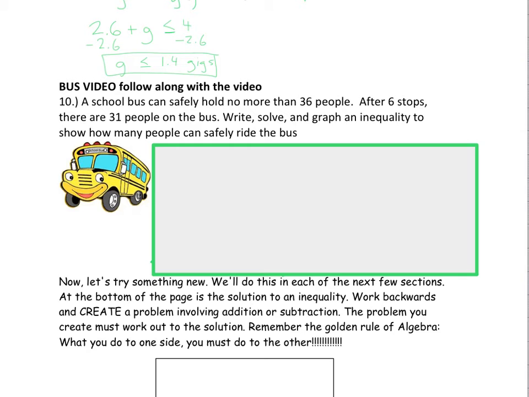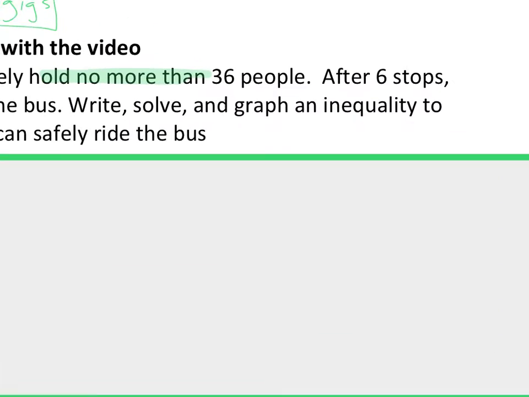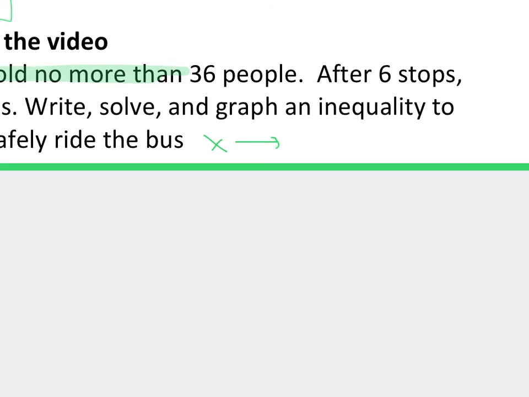Okay, so you can hold no more than 36. So that's kind of the key there. No more than means I can go less than 36, but I can't go more. I could equal 36. That would be okay as well. There's already 31 people on the bus. So what don't I know? Well, I don't know how many additional people. So let's say X is